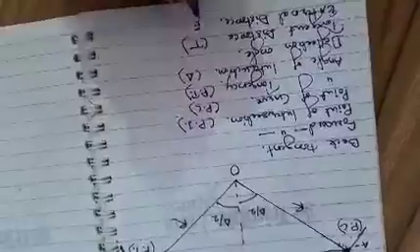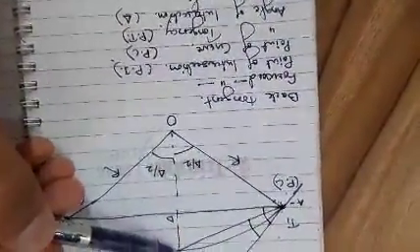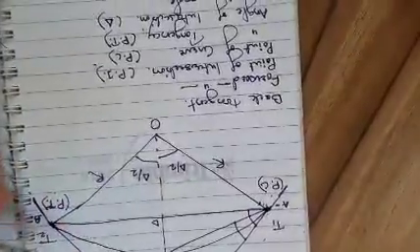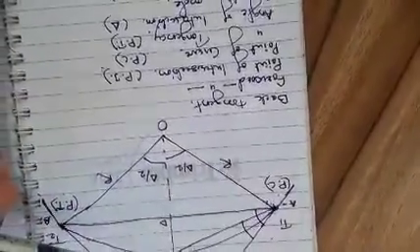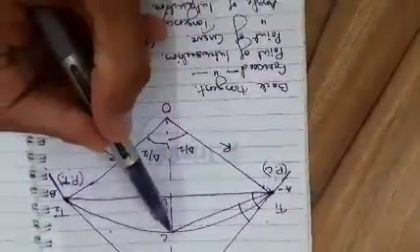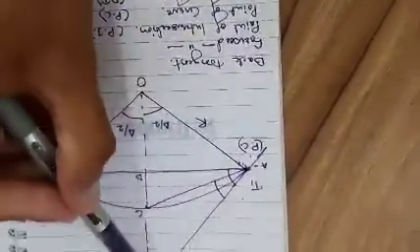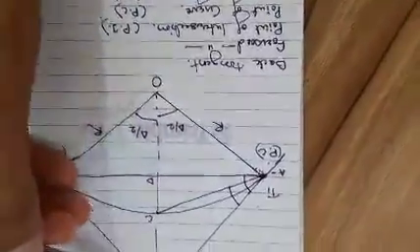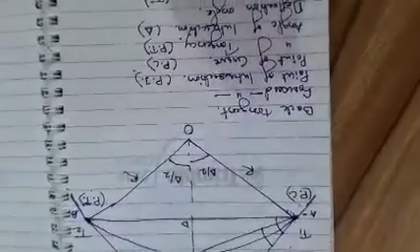External distance, which is denoted as E. This external distance is the distance from C to V, the midpoint of the curve. This is the C point, the midpoint of the curve. So from the midpoint of the curve to PI, the point of intersection, this distance is denoted as E, and is called the external distance.